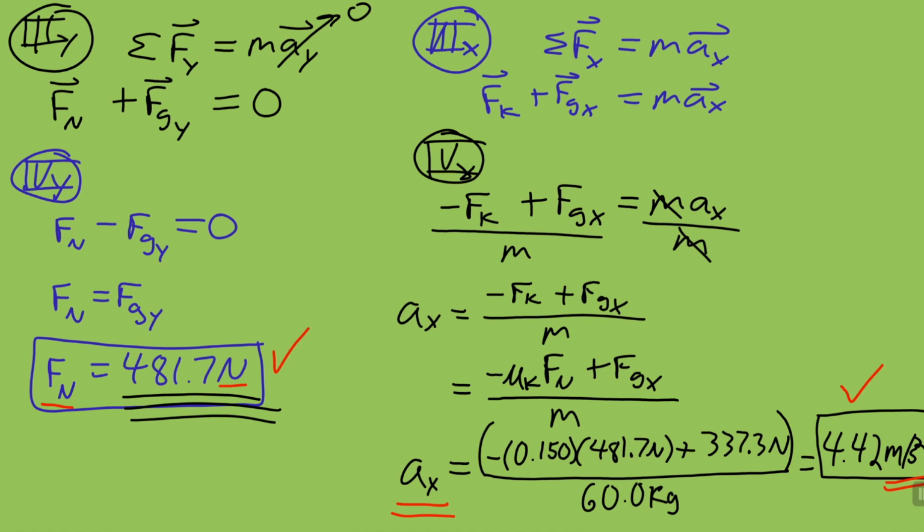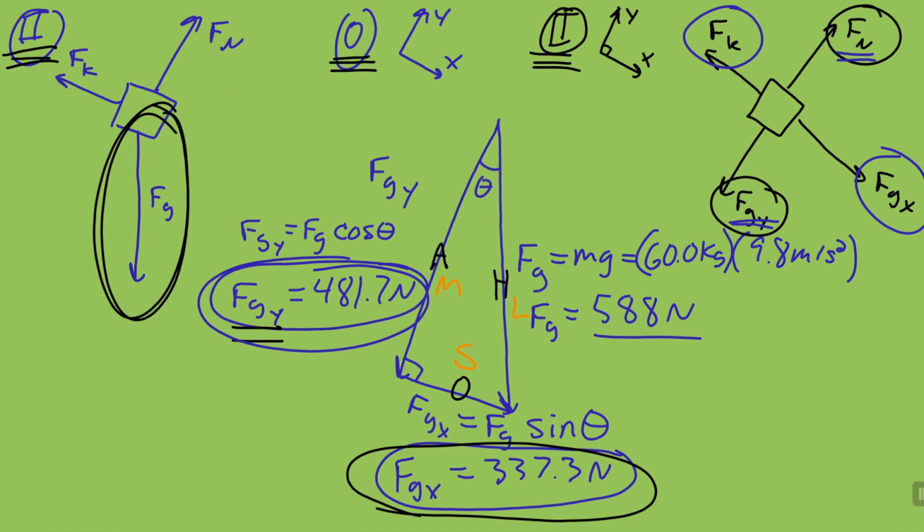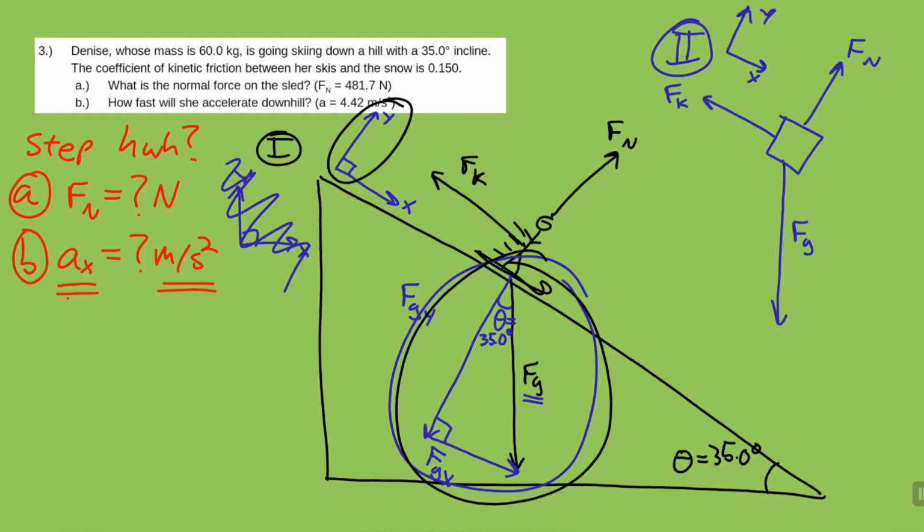So hopefully this helps. Let me just quickly review the whole thing from the beginning, because this is a different kind of problem. Because it's on a hill, that makes it weird. So we started off with step 0, always start off with that. Figure out what you are looking for, what units you expect it to have. Then I did step 1. Draw your step 1 very carefully. Make sure you're getting your triangle correct. If your angle is less than 45 degrees, make sure you're drawing it that way. Because if you don't draw that first triangle correctly, it's going to be really hard to get the second triangle correct. And especially, it's going to be really hard to figure out,